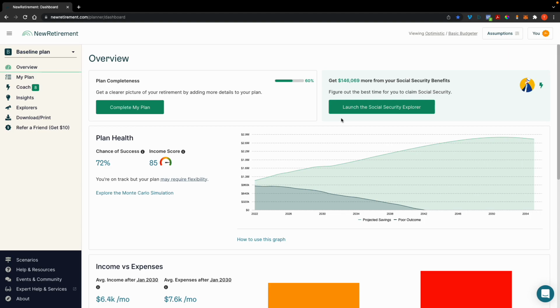Roth accounts, who knows, 20 years from now or 15 years from now, they might change everything to where they're actually taxed. Probably not, but it might be. You never know. Tax brackets, nobody knows what tax brackets are going to be in the future. Nobody knows exactly what your income is going to be in the future based off of your account values.